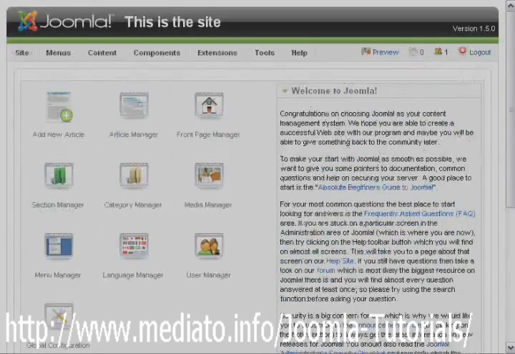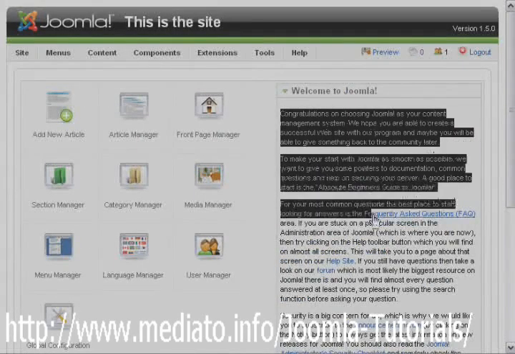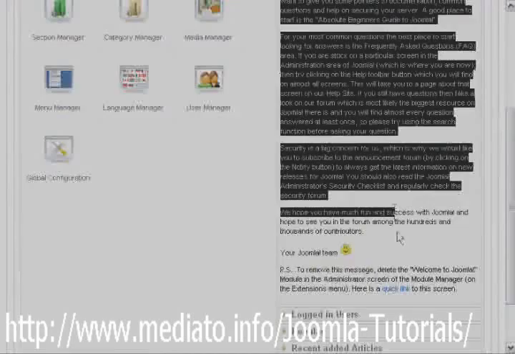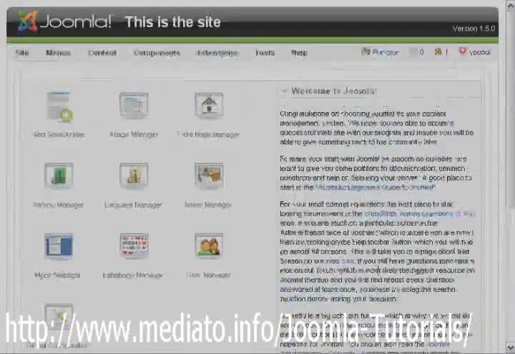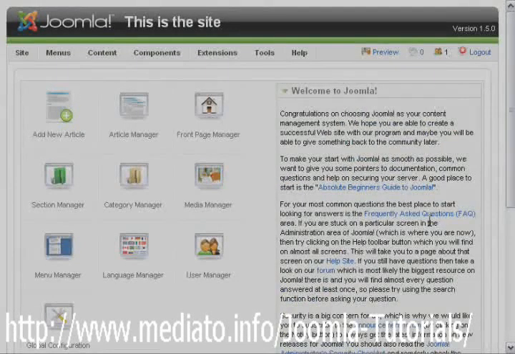Once we've logged in, if this is your first time using Joomla, go ahead and read through this. There's some great links and encouragement for you to find out more information, different resources. For example, the Absolute Beginner's Guide to Joomla. So now that Joomla is installed, I want to touch on a couple